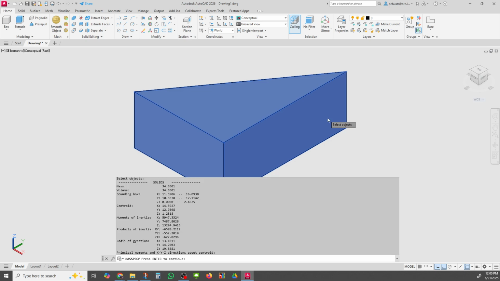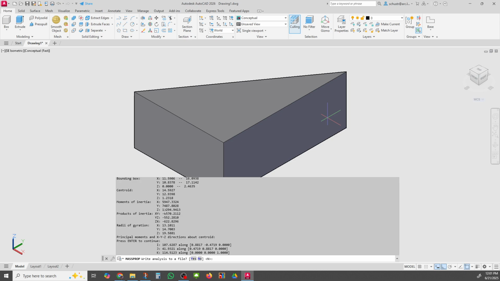It's so cool. And so you can see here's the volume of it, here's the bounding box if I were to make a glass box around it, the centroid, moments of inertia. Those are all things that have to do with stability and rotational energy and things like that, stress and strain calculations. So I can get all of this cool information, and I can send it to a file as you see,